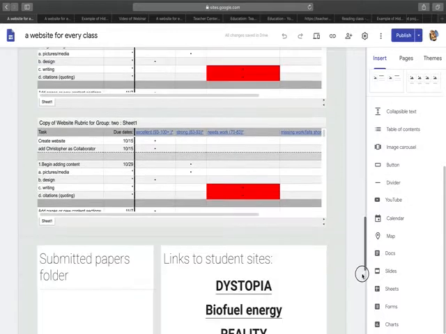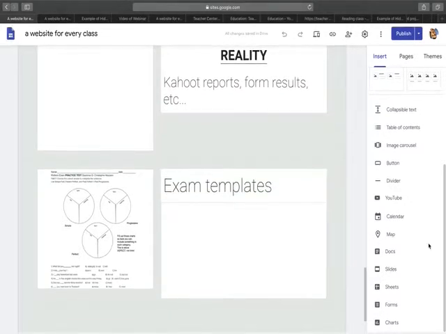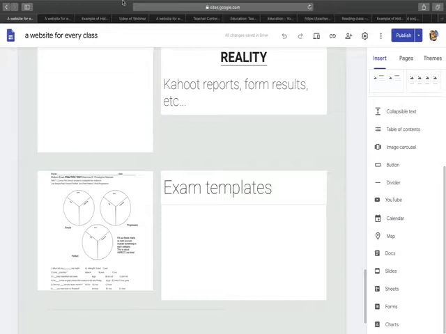And these are all the things that you could potentially put in it, along with all the other things that you see here in the menu. All right, so